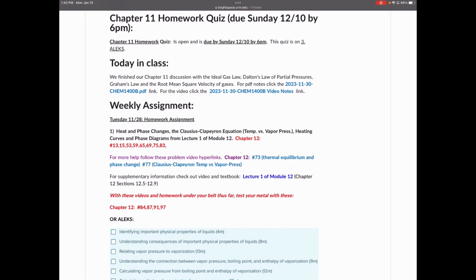But I really just want to hone into that 11/28 Tuesday assignment, because this is really what you're going to see repetitiously throughout the semester, where I'm going to give you homework. Basically what that means is on that day, like on Tuesday, this is what we will be discussing: heat and phase changes, Clausius-Clapeyron, heating curves, phase diagrams, etc. That's what we're going to be talking about in lecture. And then in red is, okay, what problems are assigned to that lecture?